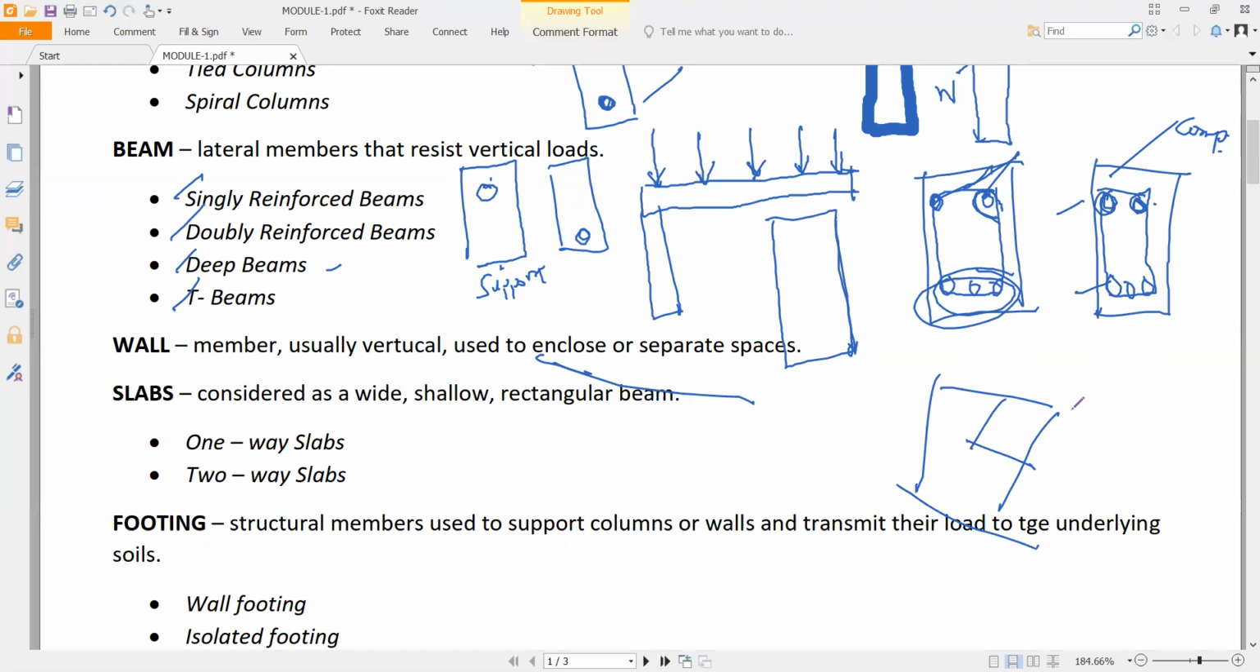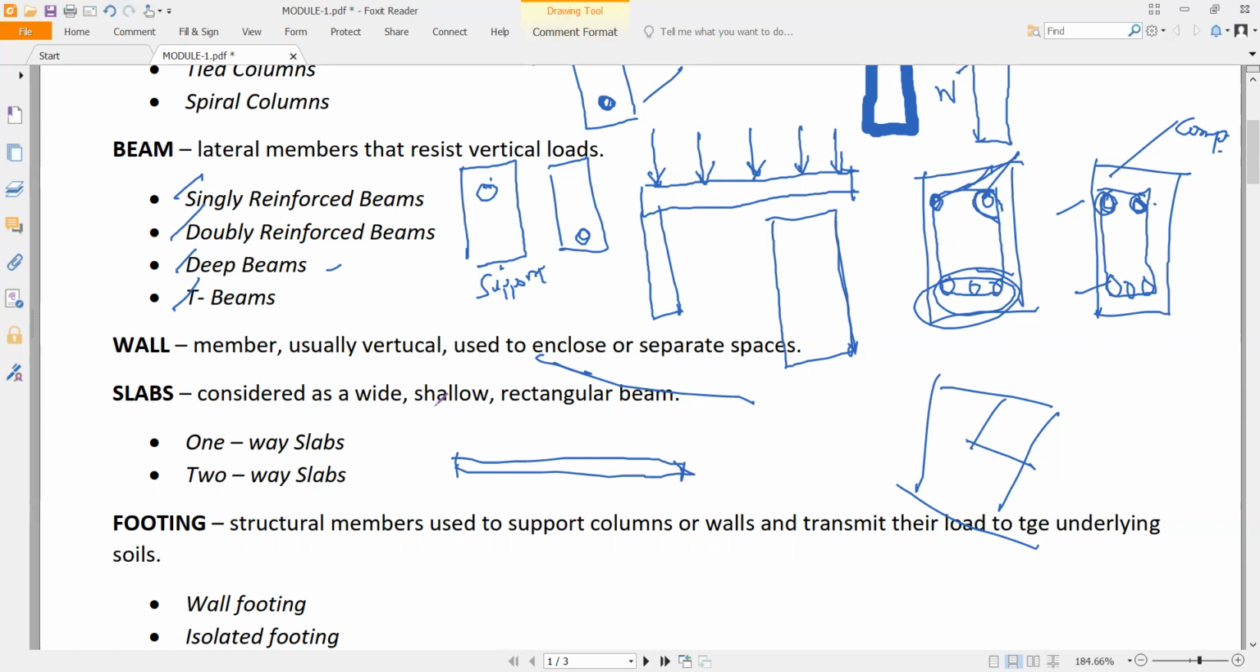Slab natin, ito yung mga shallow na beam. Tinitreat natin to as beams din. Pero, syempre, dahil shallow siya, no? And wide. Wide yung kanyang width, pero shallow yung depth niya. So, that is your slab. So, sa